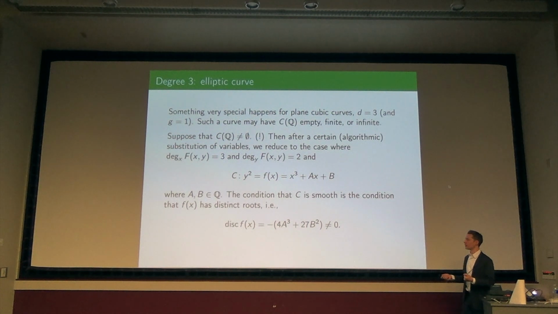And so that's generically going to be the case. It's really hard on a and b to have the property that their discriminant is 0. So this happens most of the time, but you do have to check it. Otherwise, you're in a degenerate case.